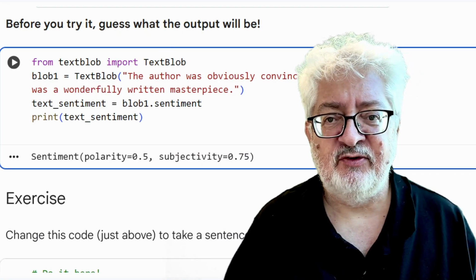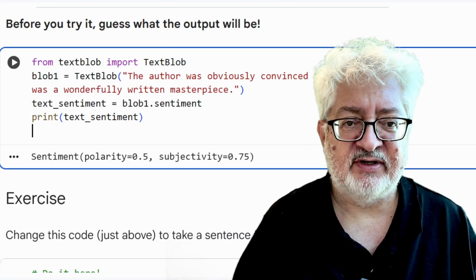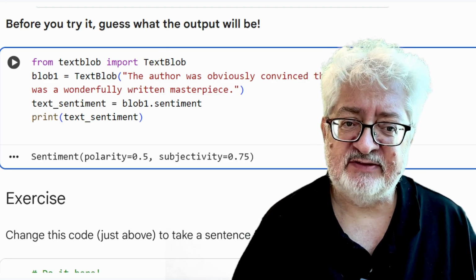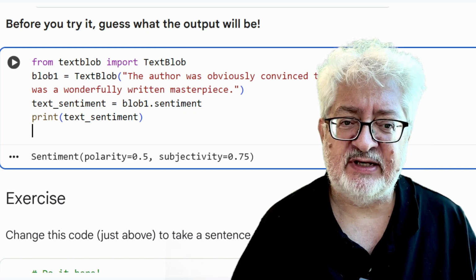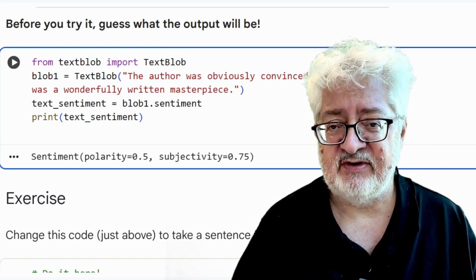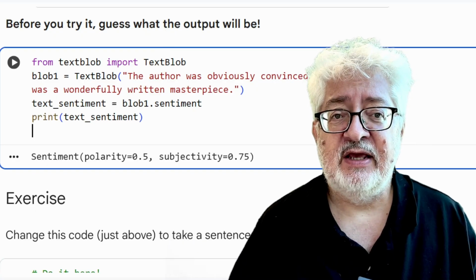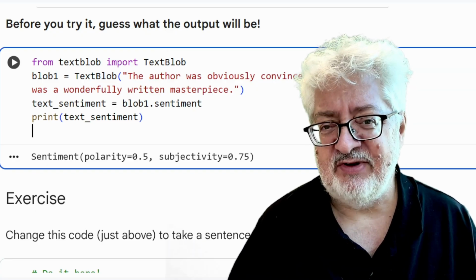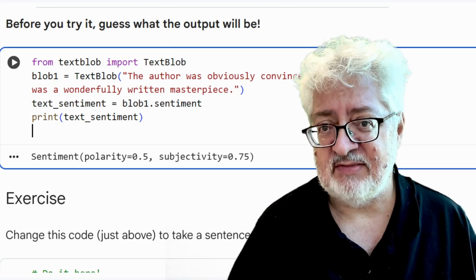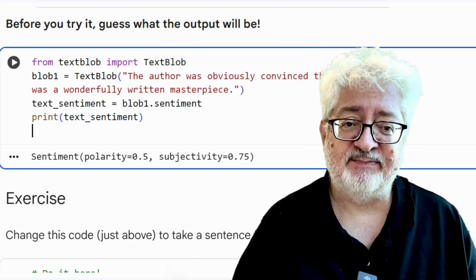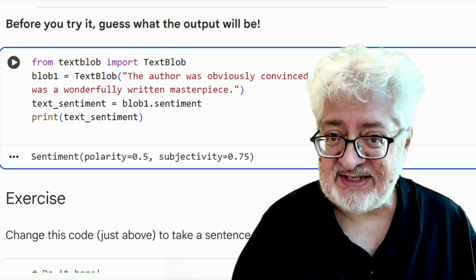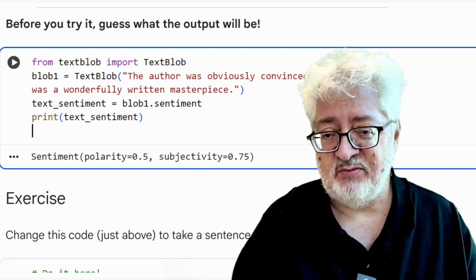The author was obviously convinced that this piece was a wonderfully written masterpiece. The subjectivity is 0.75, so it is pretty subjective. The polarity is 0.5, so it is positive, right? It's not extremely positive, but it is clearly positive. And it is not really, right? The author was obviously convinced that this is a masterpiece means it is everything but. But here we get a polarity of 0.5. So you see it's relatively easy to trick it. I'm sure you will find